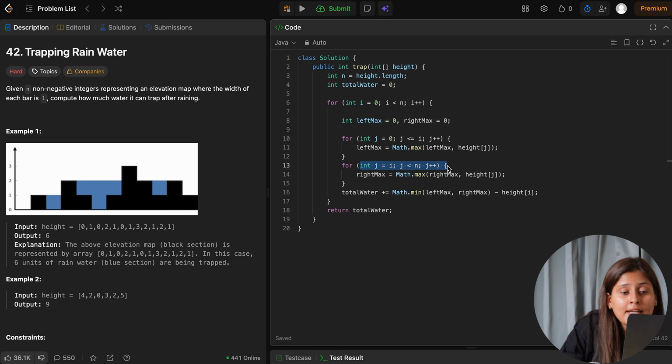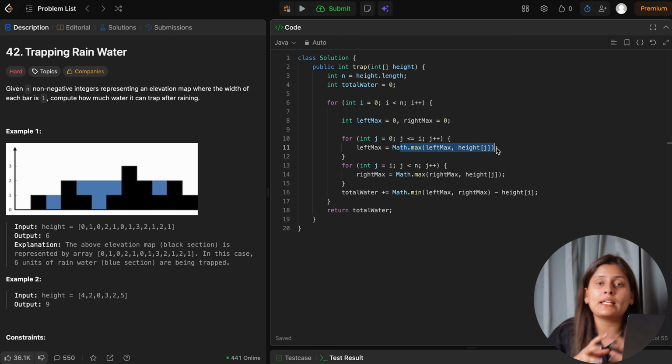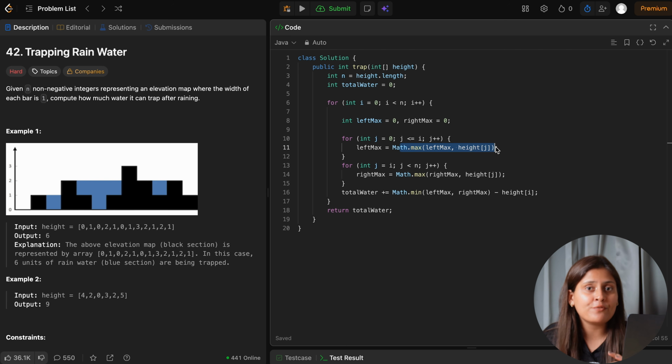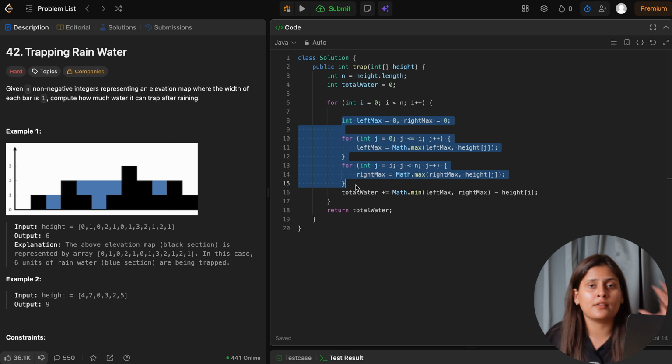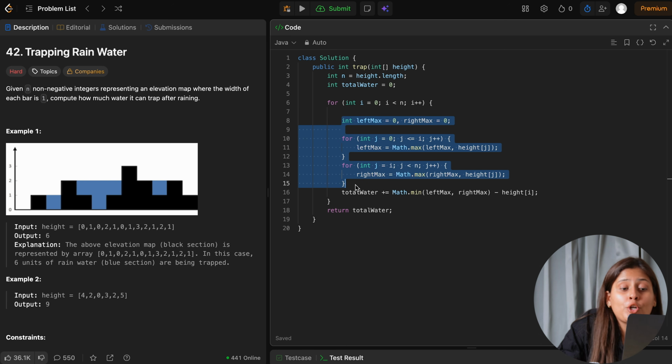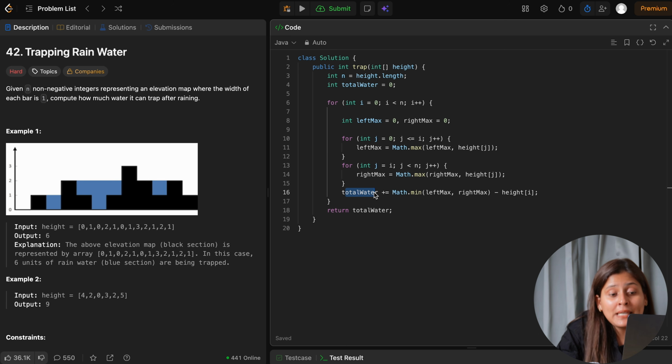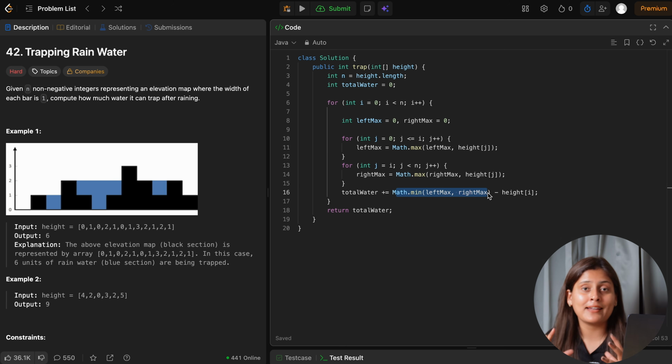Correct? And while running, we will just compare what is the maximum height. The current left maximum is the maximum height, or the height of jth element is the maximum height. Correct? So for every I, we will calculate the left maximum and the right maximum. And area or total water will be nothing but minimum of left maximum and right maximum minus height of that particular.